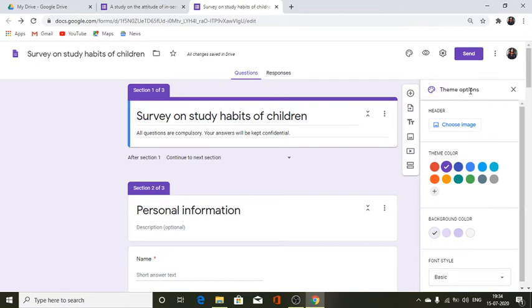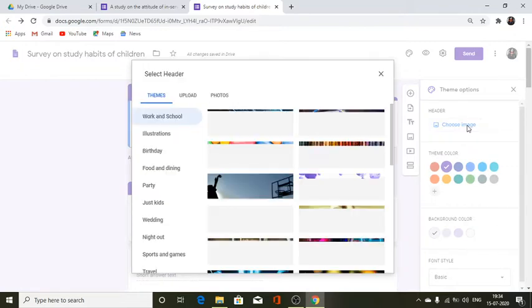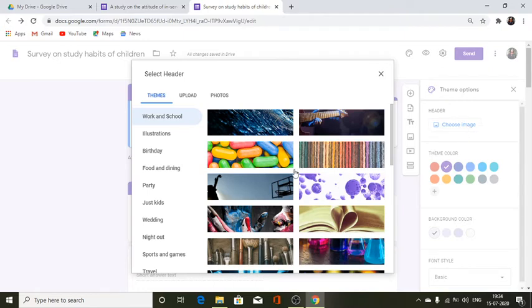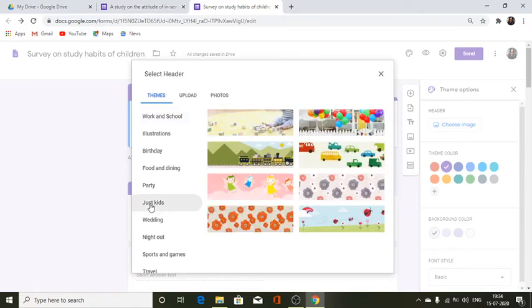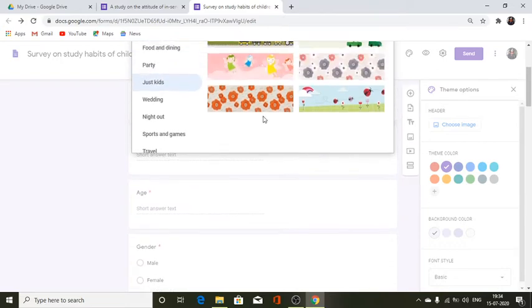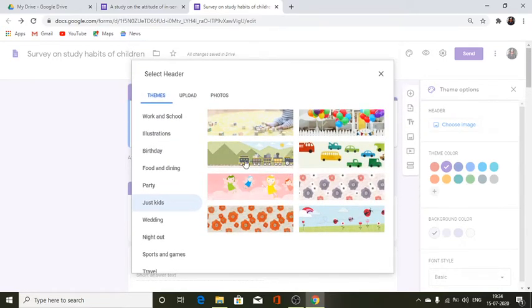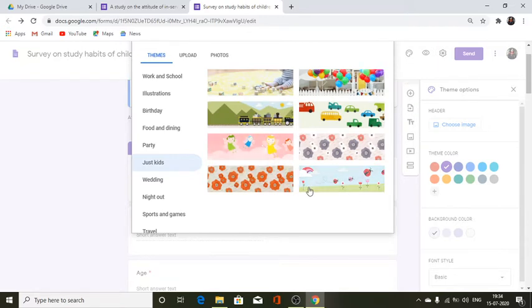For example, we create a nice theme and choose an image, because it's for the children. So let's make a nice theme for the kids so that they enjoy it. You have lots of options. Maybe we can give this option to the kids.